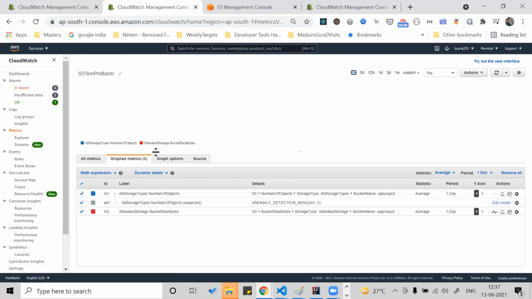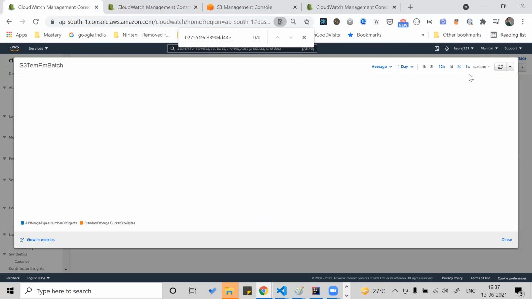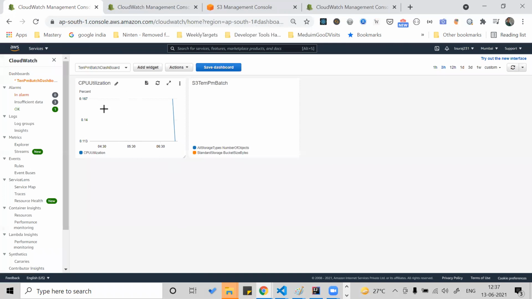But anyway, do the hands-on and, as an assignment, create it for the EC2 and S3. Anytime you want to learn what the other metrics are, see, this has increased. You got the utilization because it was just provisioned and then it came to zero CPU utilization. This will also begin, but it will take time.